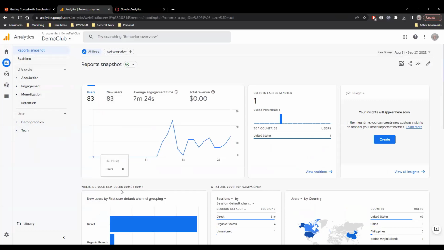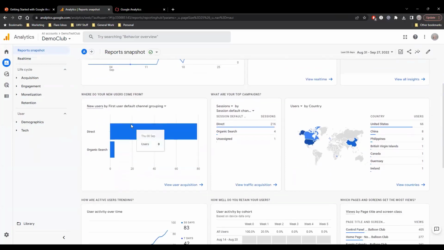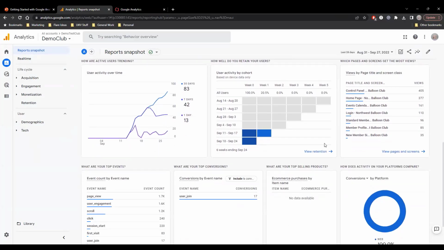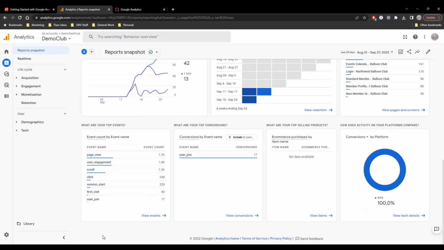First up, our report snapshot. We have a snapshot of our viewers. We also have demographic data. We can see where our users are coming from. We can see activity over time. If we scroll down a little bit further, we can see the pages that they're visiting and which pages seem to be getting the most traffic. And if we scroll down even further, we can see events that we've set up and we can see conversions